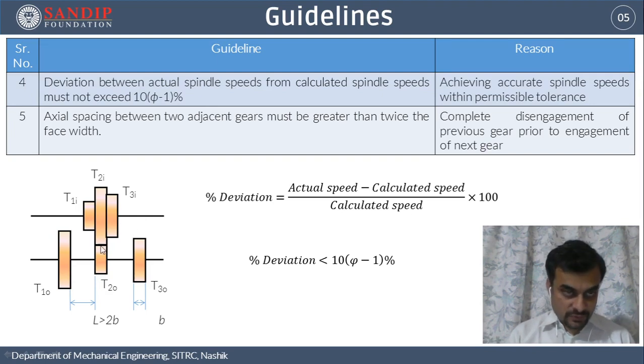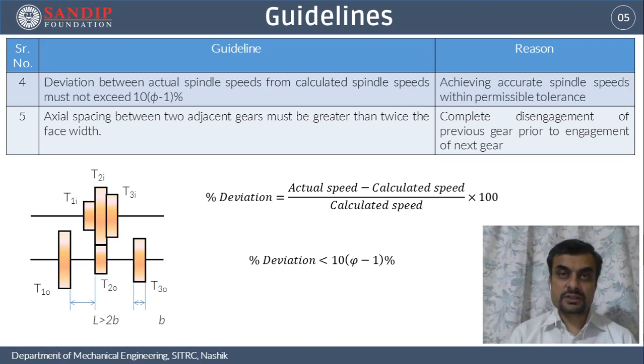In this case, if the distance between these two gears is less than twice the face width, then T1i will engage with T1o before full disengagement of T2i from T2o. And now this shaft cannot rotate with two different gear ratios, which will ultimately fail the design. In order to avoid that, the distance between these two gears has to be greater than twice the face width